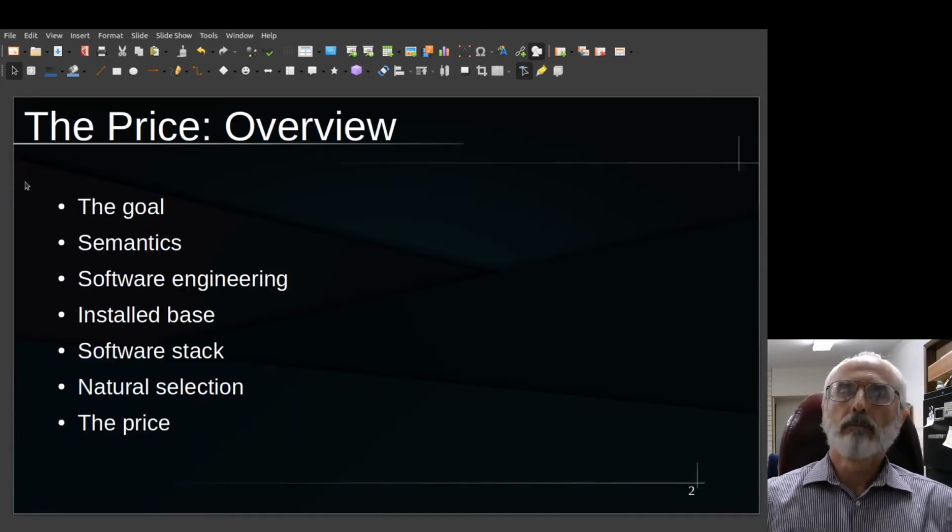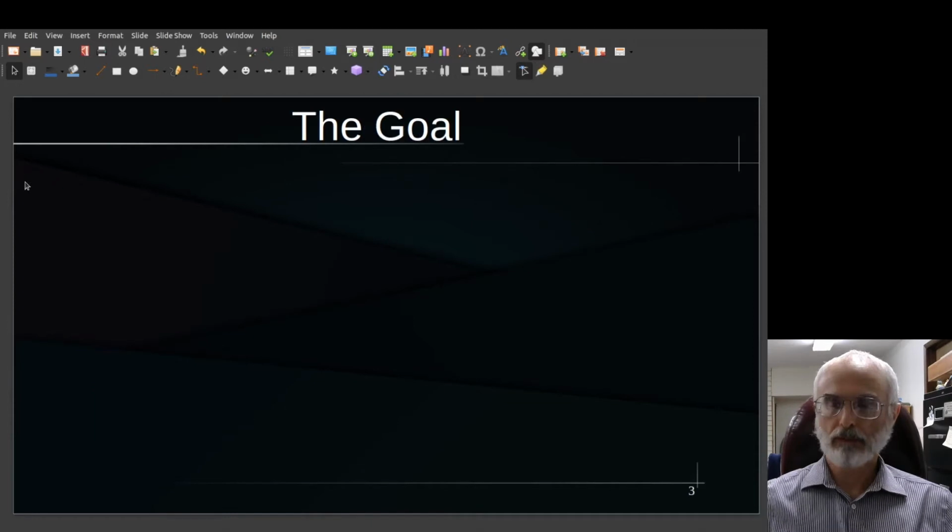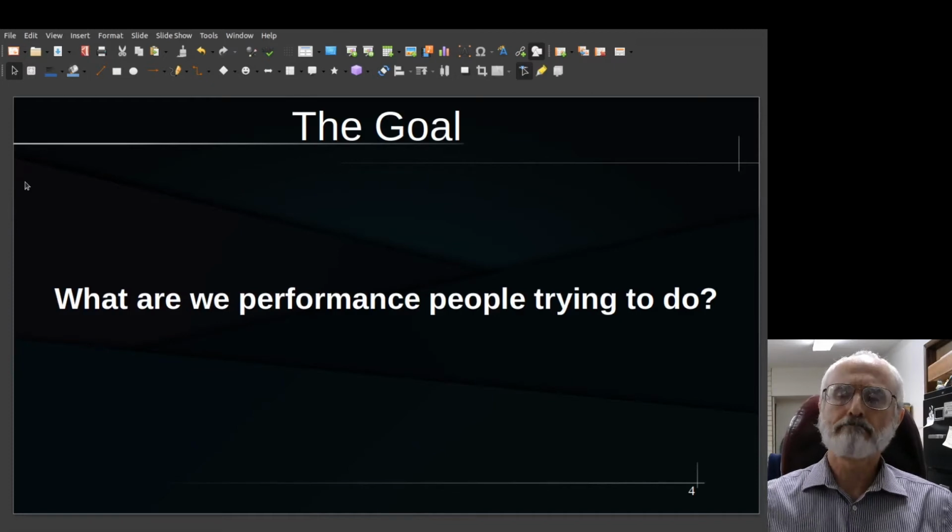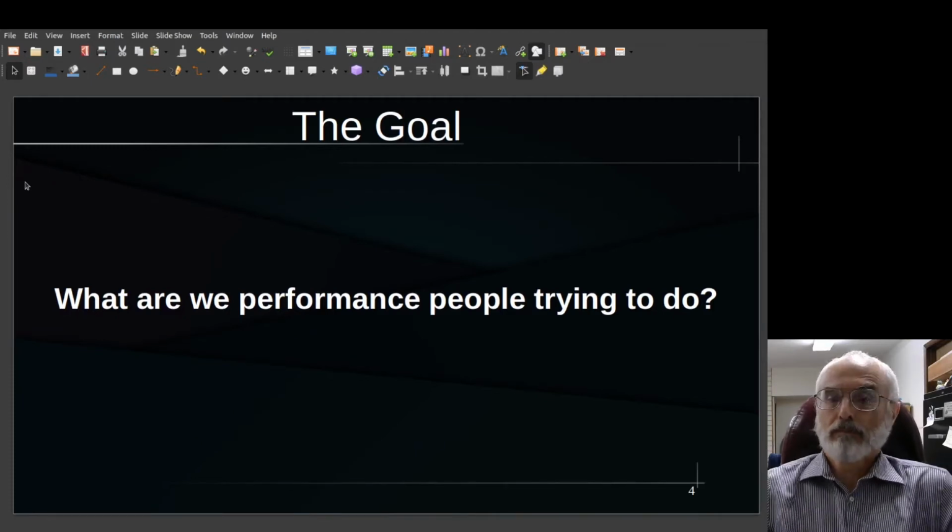So, overview of what we'll be talking about, but I'm not going to dwell on that. First though, I want to talk about the goal. This was motivated by seeing the panel session from last year. There were some people calling for performance to be cool again. I can understand that. We can all want to be appreciated, and being cool is definitely one way to be appreciated.